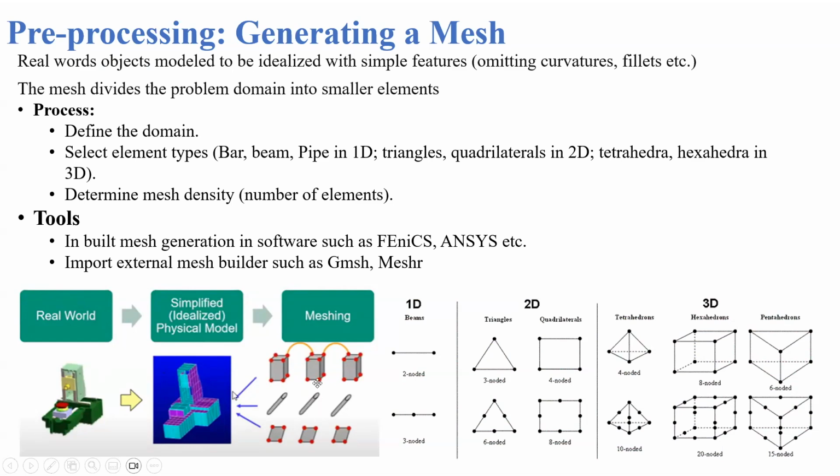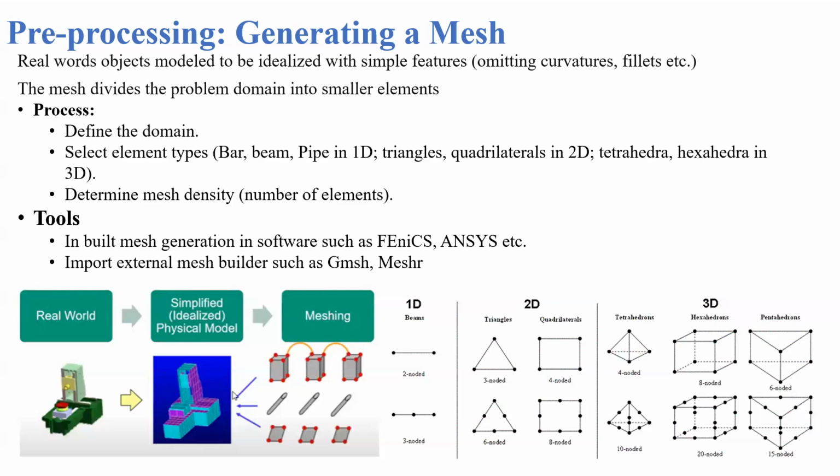So the idea is you define the domain, you select the element: bar versus beam versus pipe in 1D, or triangles, quadrilaterals in 2D, tetrahedral, hexahedral, and so on in 3D. And we also define the mesh density. We learned in the previous module how important the density of the mesh is in terms of the shape function. And it's okay if you have something like a rectangle mesh or so on, but what if